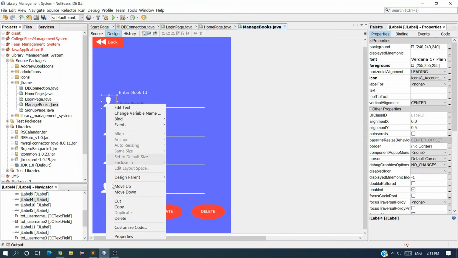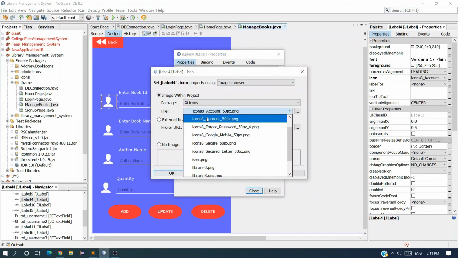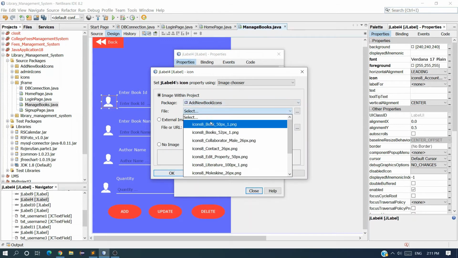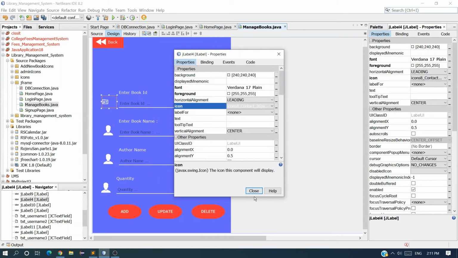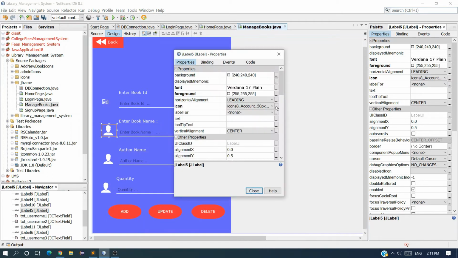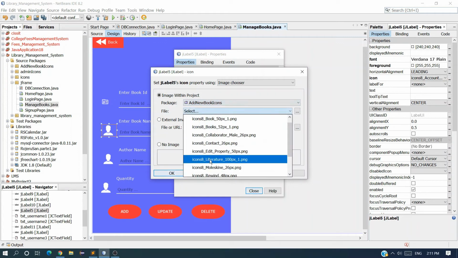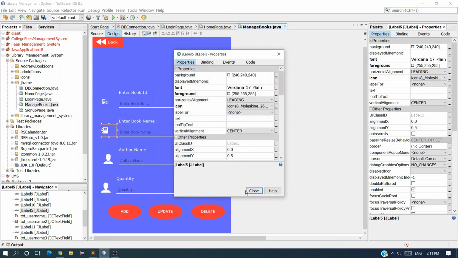And I also want to change the icons, so go to properties and icons. Here you have to select, not here, the package. In the package you select add new book icon, and here I want to select contact and OK, close, and in the icon add new icon, and I want this icon.